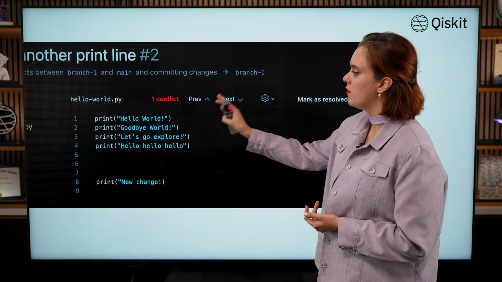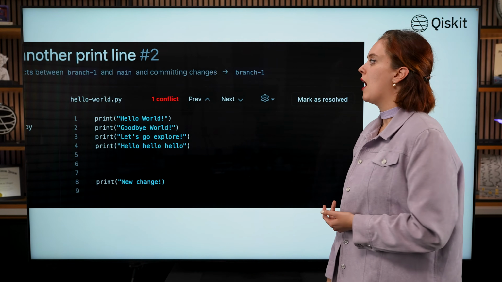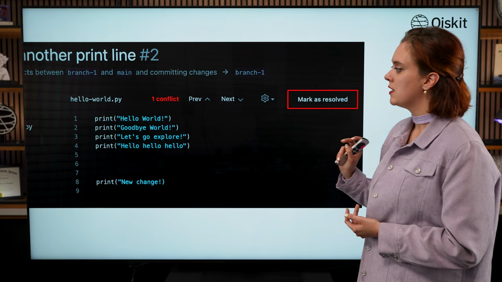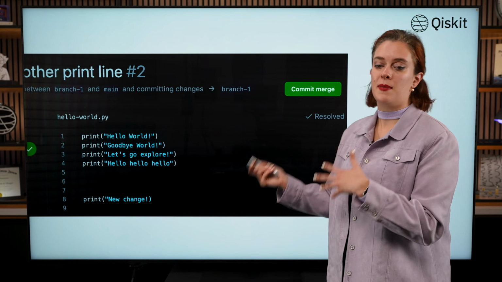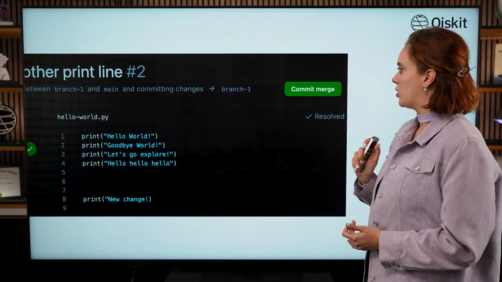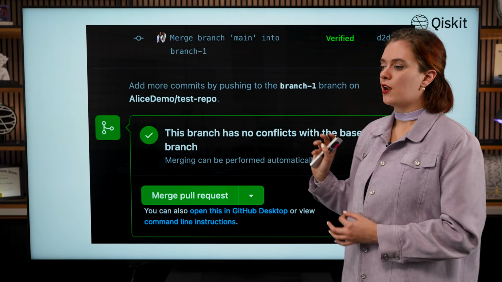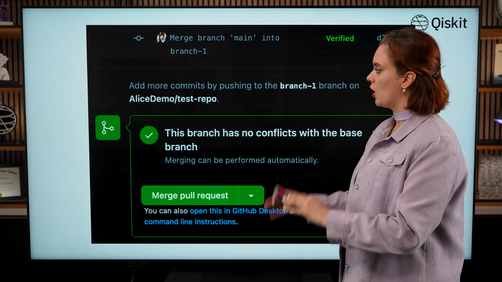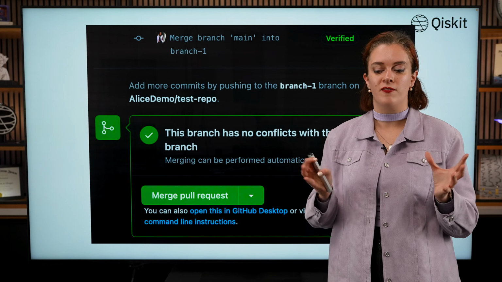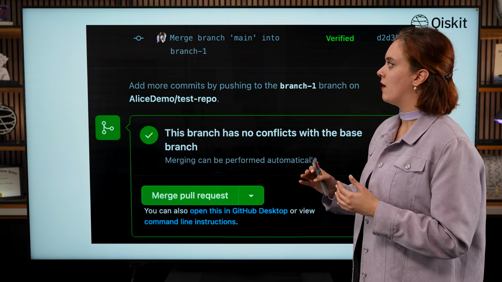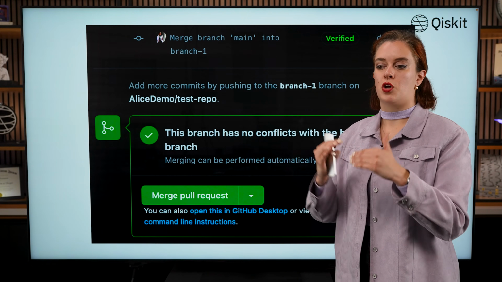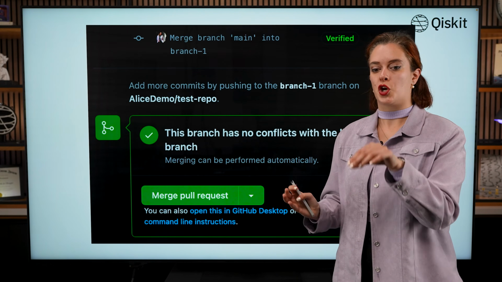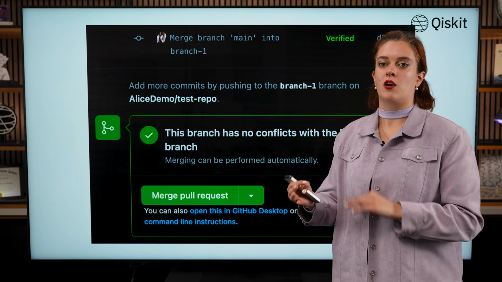So once I have removed any of the lines that I didn't want here, now I can say mark as resolved, and then this will prompt me to commit any changes that I've made, which I will do, and I'll click commit. And then hopefully, if all goes well, that means that my CI is all good to go. The CI check's passed, the branch has no conflicts, and it will have logged that kind of resolving of conflicts in the commit history as well. So if something went wrong, I can just go back to that previous commit,